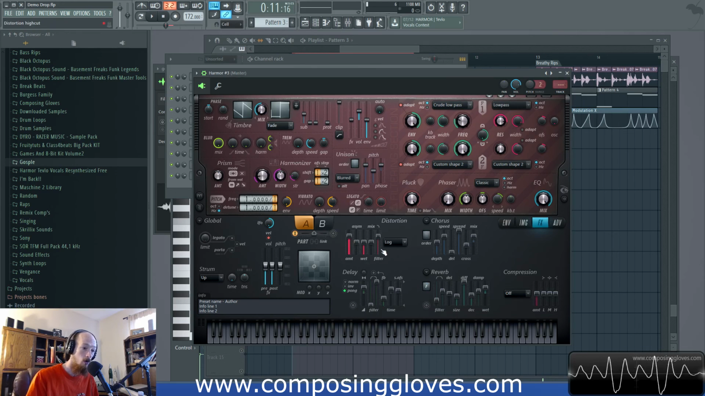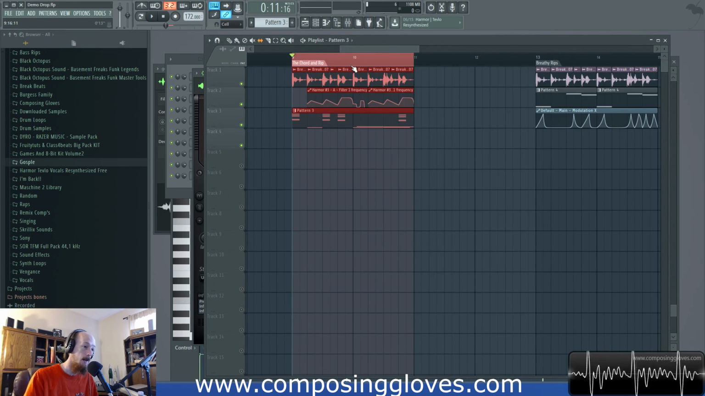There's a log distortion, which is giving me that raw bite that I have. And the harmonizer is also playing a very large role in the timbre because you're distorting the upper end of things. And so when you move it around, it changes quite a bit. So this is a sound that obviously you build up to. And when you drop it, you just go crazy